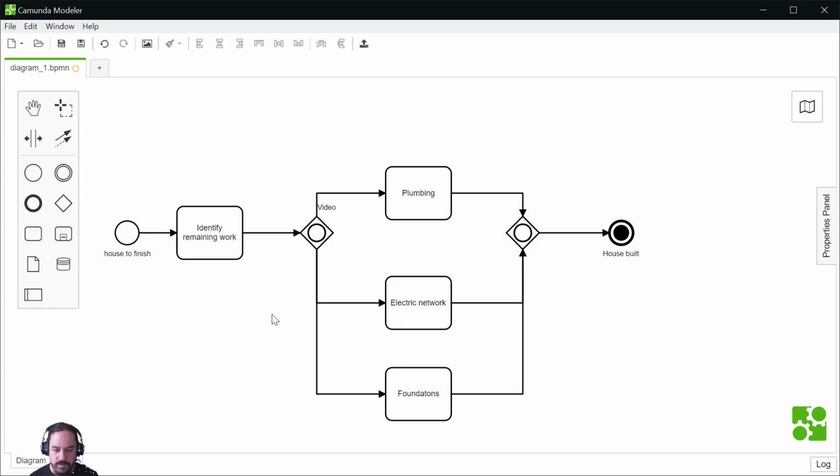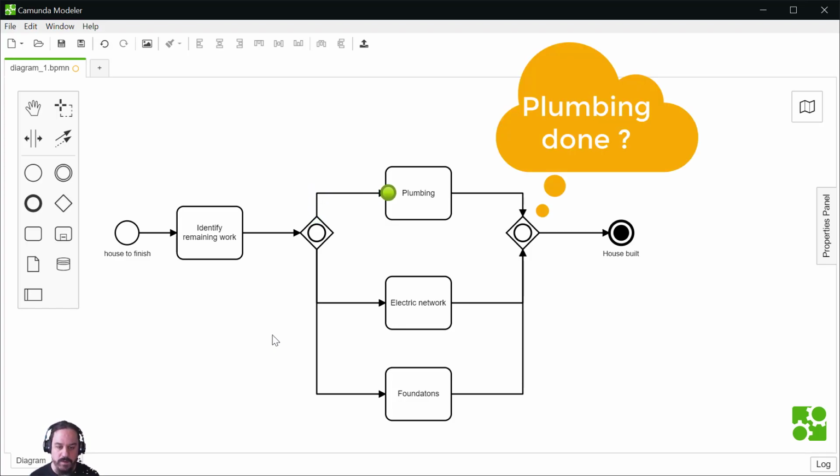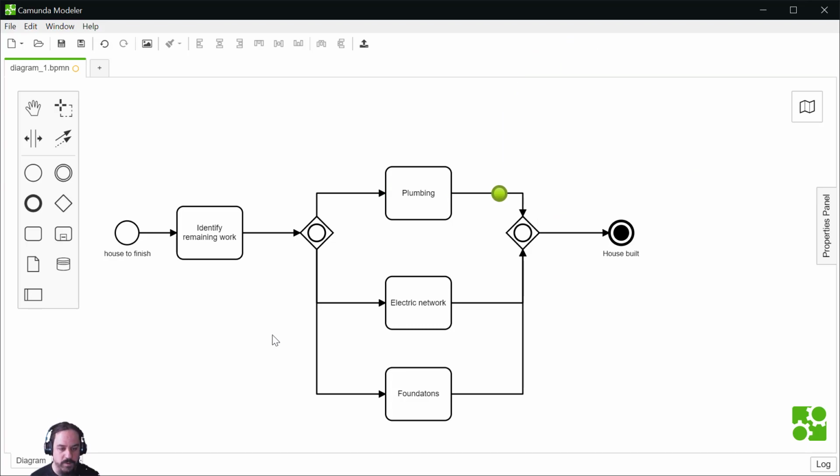Okay, let's see what has to be done, and let's remove this one, and we see that we only need plumbing. So the token will be output on the plumbing route, and instantly the other gateway will be aware of this. So now the gateway is waiting for the plumbing to terminate. And then, when the plumbing is terminated, we can output the token and the house is built.